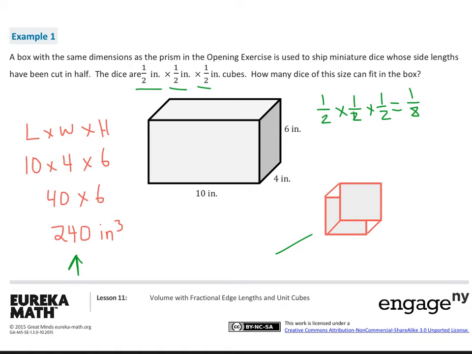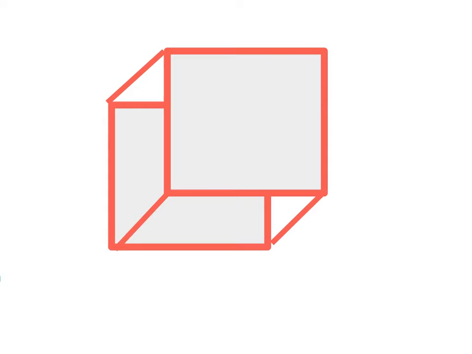Okay, so I'm going to show you what that is over here. And again, the video Volume and Surface Area breaks this down really well. So let's zoom in on this. So let's assume that this is a 1 by 1 by 1 inch cube. All right, this is the cubic unit. 240 of these are what make up the big shape over there. So this would be 1 by 1 by 1. And again, what we're doing is we're going to cut each side in half, and we're going to draw that